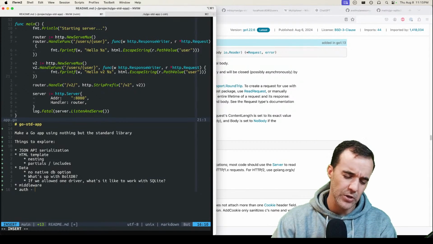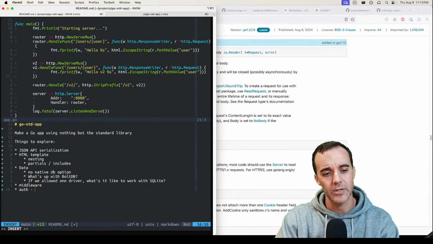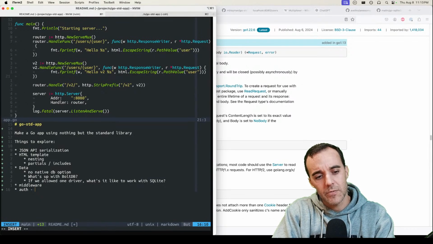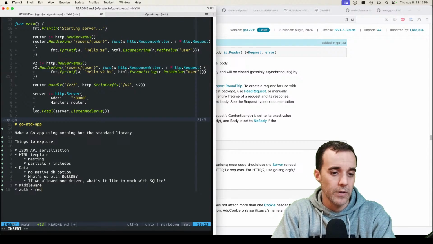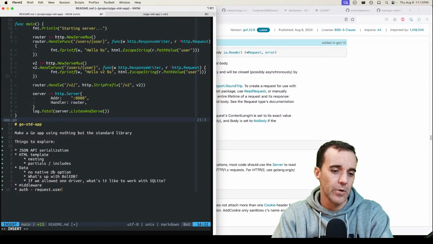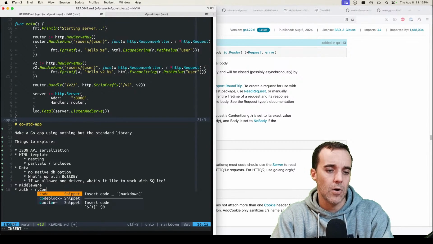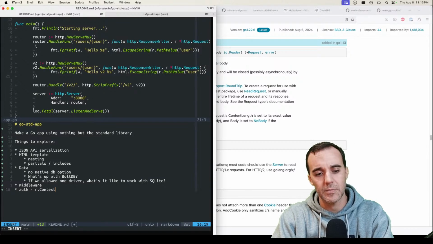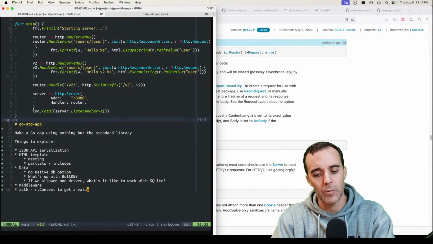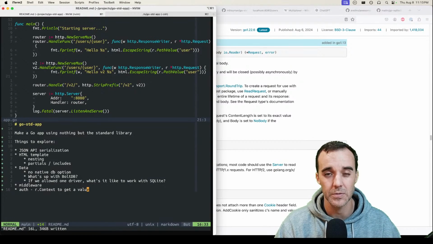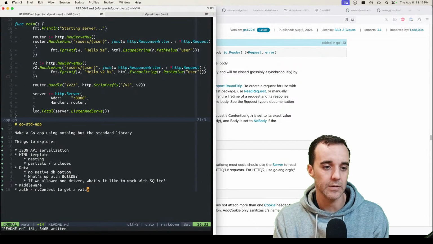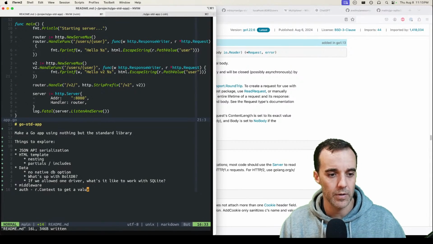Because I'm trying to translate in my head from Django. Django, if you follow the authentication scheme, will attach a request user. And we aren't going to be able to get that, but if we did our context and we're able to get some kind of value out of that, then that would be equivalent to doing that, which is something you would need in building standard apps. So there's something to explore there.